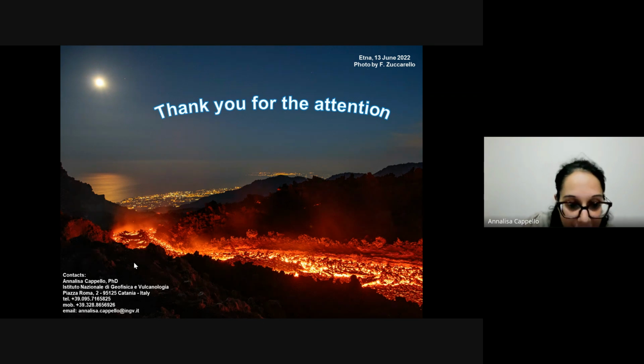This is an eruption from the southeast crater at Etna taken by one of my colleagues on 13 June 2022. Okay, I'll stop the